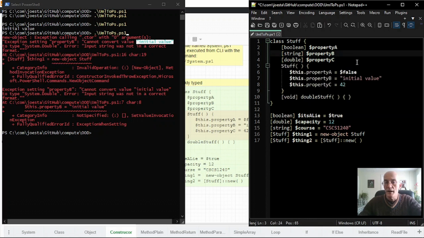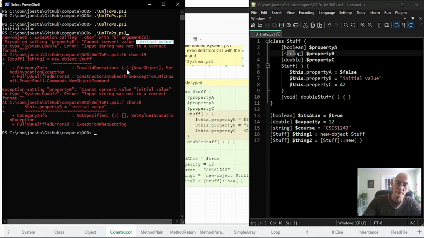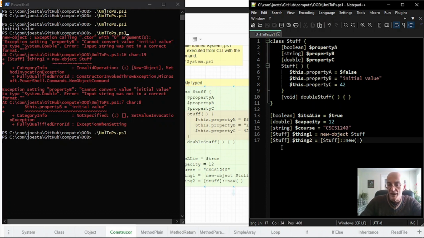Okay. And we'll talk more about different types of numbers, but in UML, we generally don't have to worry about it. We're leaving it up to the implementer. But now we are the implementer, so we're going to have to figure out, should it be an integer or a floating point value, and if so, how many bytes of storage do we need, and all that other stuff. But anyhow, for the moment, I'm going to correct this by saying, oh, now I'm actually assigning the type that I said it should be. So now, if I come over here and run this again, oh, PowerShell is happy, and in fact, I can say